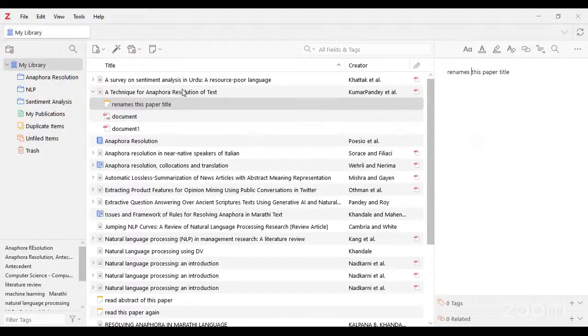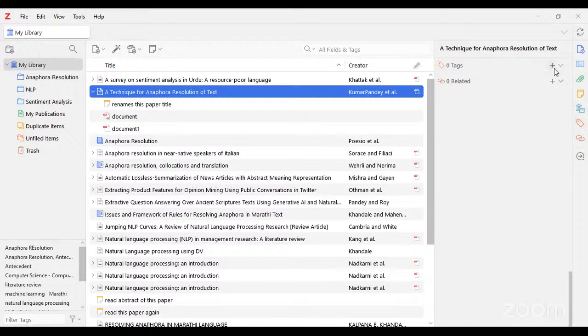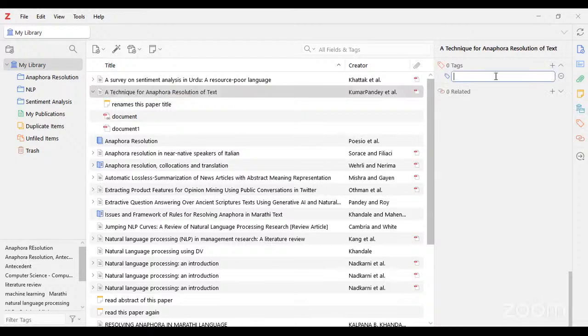Okay, after that you can put the tag. Simply click on the plus button and write down the keyword whichever you want to add. Suppose I write here sentiment.